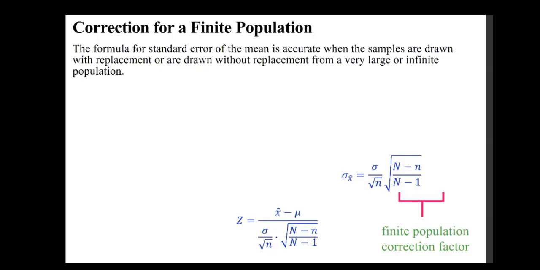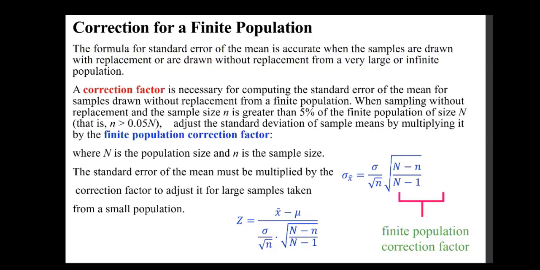You don't have to worry about it too much, but I want to tell you what that means. The formula for standard error of the mean is accurate when the samples are drawn with replacement or are drawn without replacement from a very large or infinite population. A correction factor is necessary for computing the standard error of the mean for samples drawn without replacement from a finite population. When sampling without replacement and the sample size n is greater than 5% of the finite population of